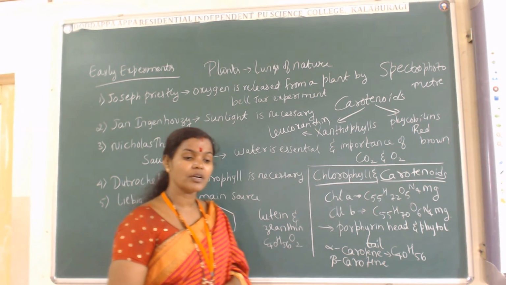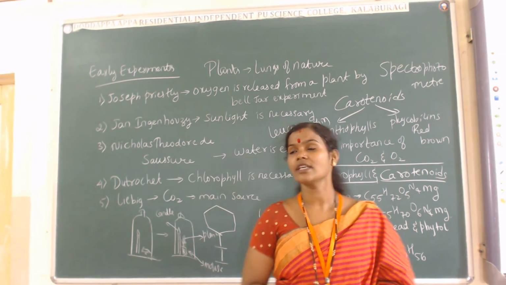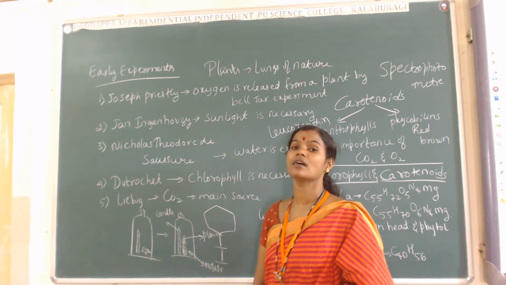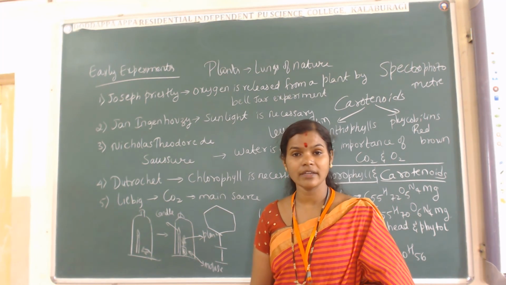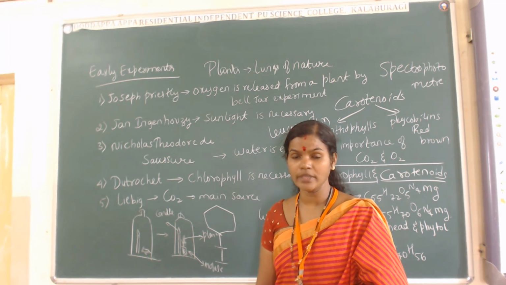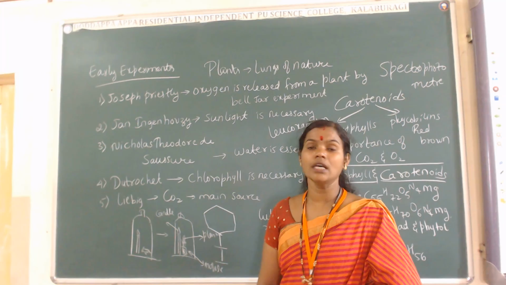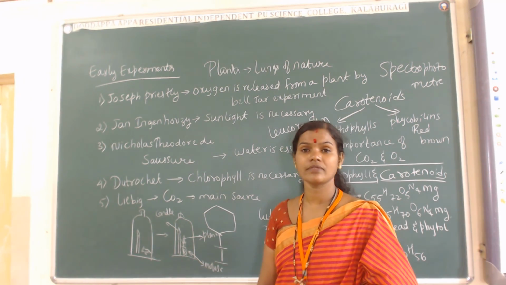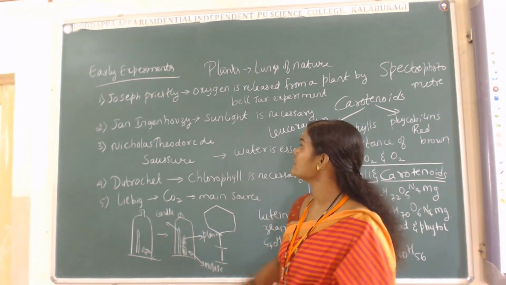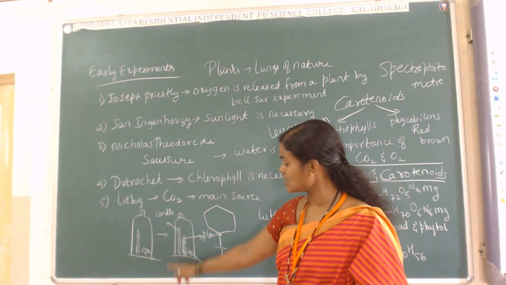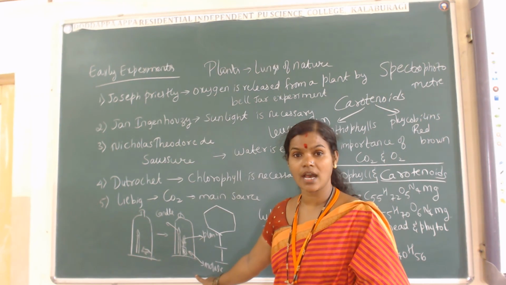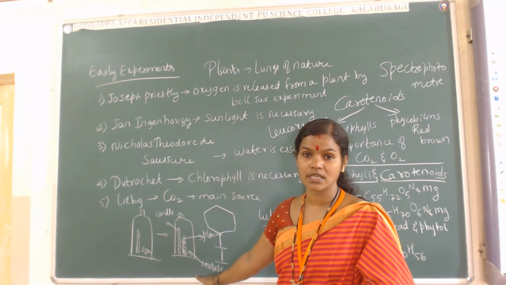Okay. Apart from the chlorophyll pigments, we are also seeing the presence of the new concept, that is early experiments. So many scientists have made their contribution in doing the research of the photosynthesis. For the first time, Joseph Priestley is a scientist who has proved that oxygen is released during the photosynthesis by the bell jar experiment. I have already explained what is the bell jar experiment.